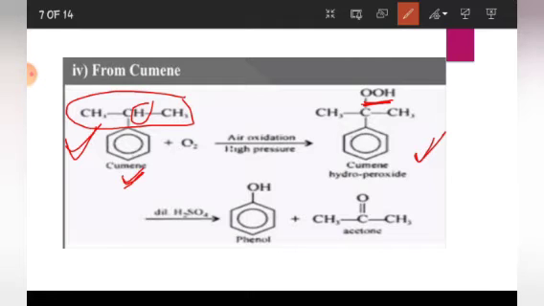Now, then this is converted into phenol and acetone by treating it with dilute acid. Then we will react with dilute H2SO4 and we will get phenol and acetone. Sometimes students remember only this, that we get phenol, but sometimes the reaction is asked about acetone, how you will convert cumene into acetone. So this is the only reaction. In fact, this is only one reaction in your organic chemistry which involves cumene, and the production of phenol and acetone is done, right?